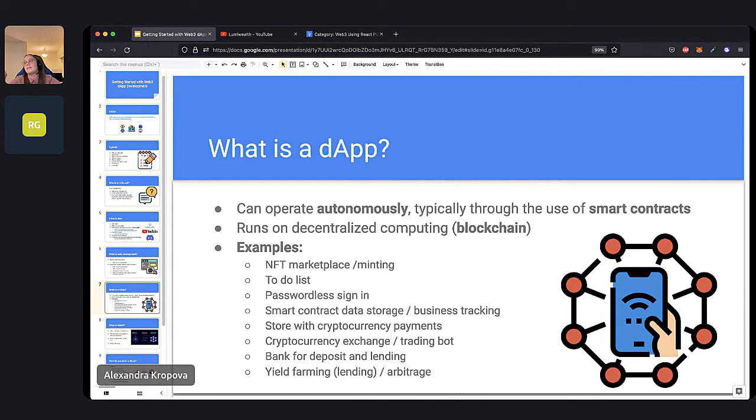All they have to do is just press the button, and then the website is going to access the contract and run the task on the contract on Ethereum, and then send the results back. The contract successfully created an NFT, or maybe the contract failed to create the NFT because you didn't put in the correct data. So the website can communicate and change what is on the blockchain and then send the results back to you, and you can see, hey, I created the NFT, and all I had to do was go